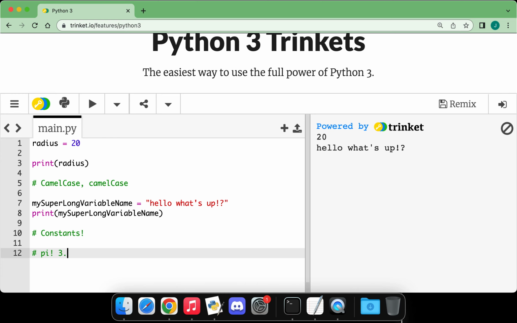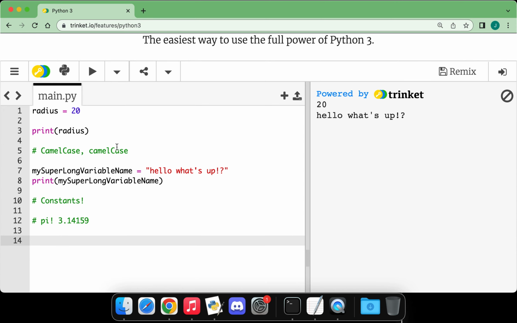For pi, we have been using 3.14159. It is a little bit of a pain to type that out, especially if we wanted to use more digits in it, right? Every time we use it, we don't want to have to type out 3.14159, or even more if we want that. So we could create a variable named pi, and we could make it 3.14159. And we could just decide this is going to be a constant. And all that means is it's a variable